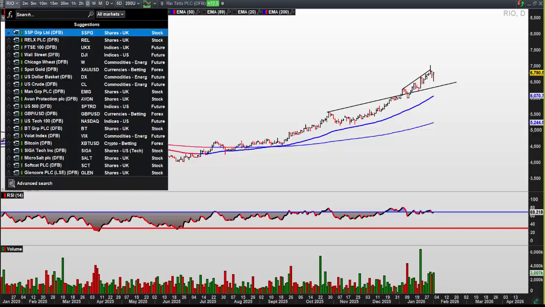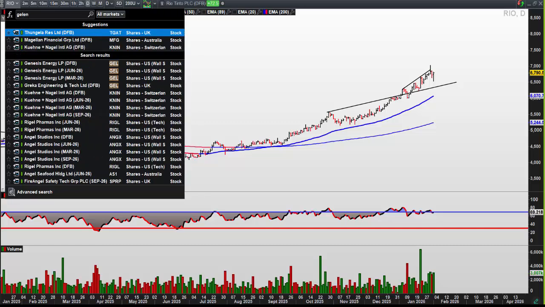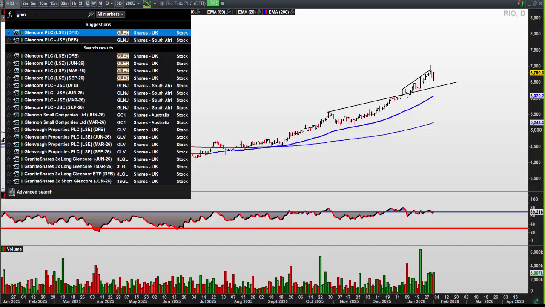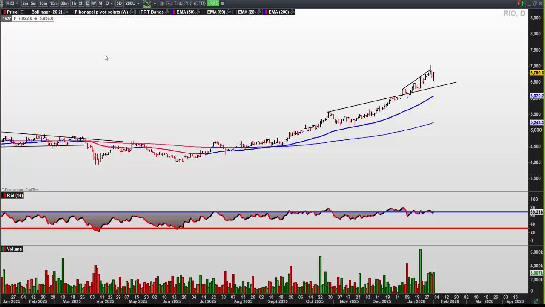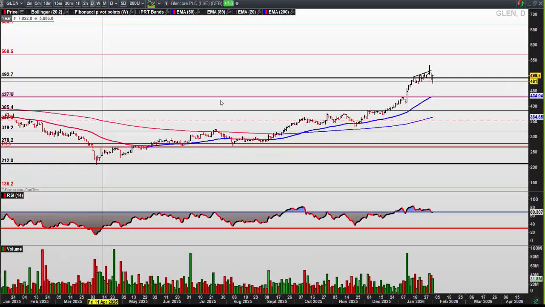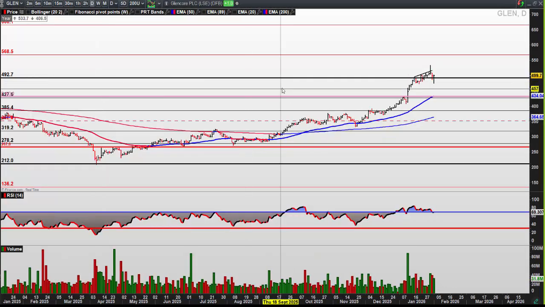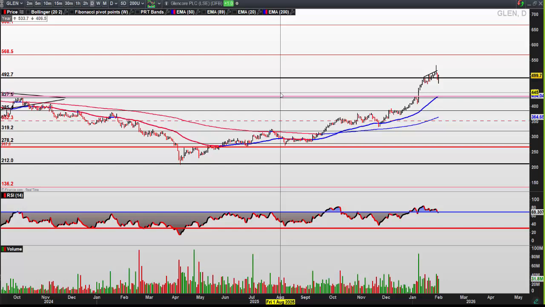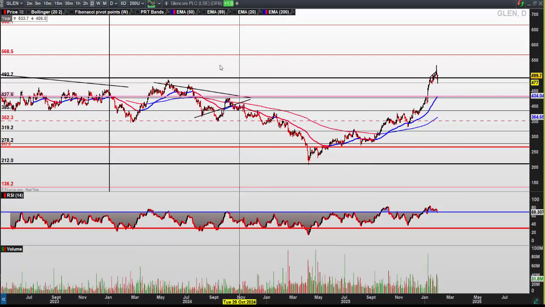Have a quick look at Glencore and them all. Oh, I've spelt it wrong. Okay, well that's a decent. If you want to get into this, that move into 470 is a better place to get in. If that starts to move, then we're going to see 570 and possibly 650. It's very extended. I just hate buying high.